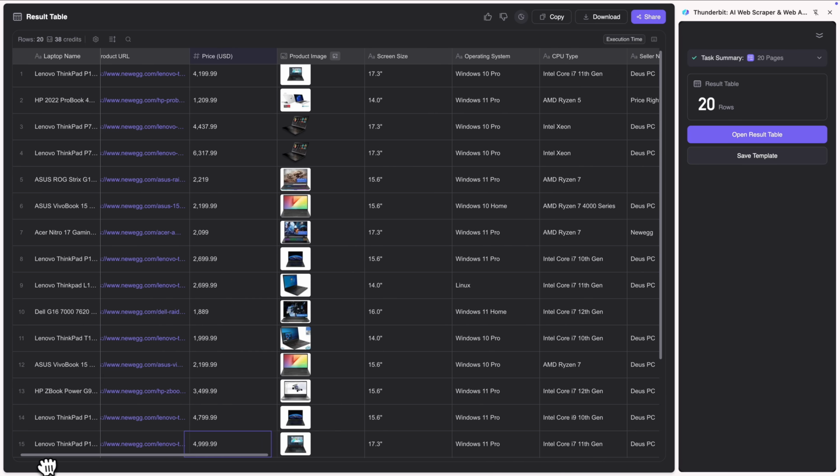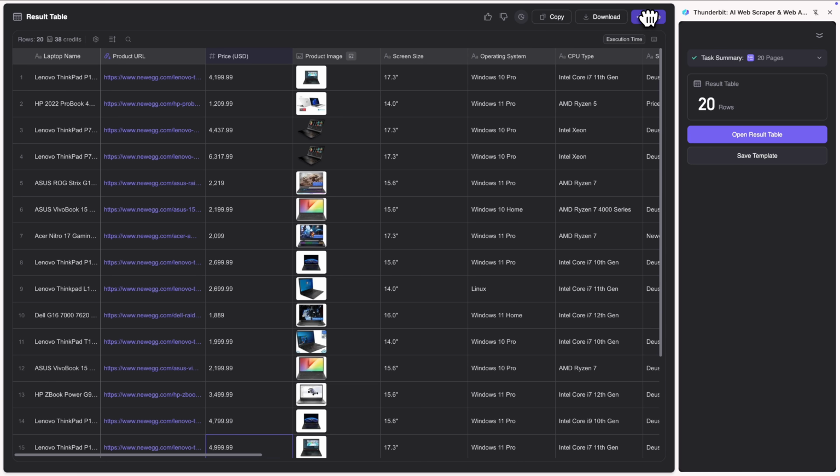You can copy, download, or share the table, or export the data in the format you need, like